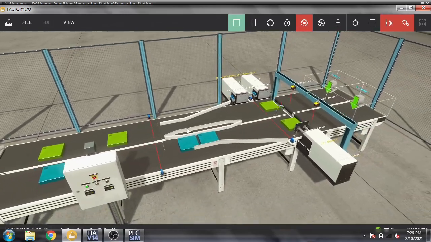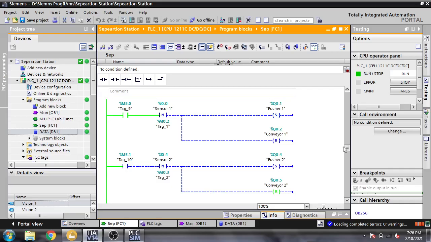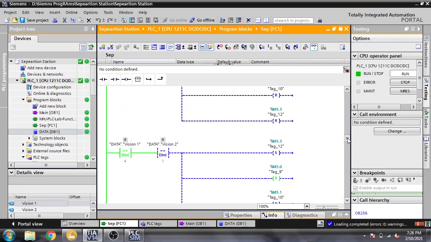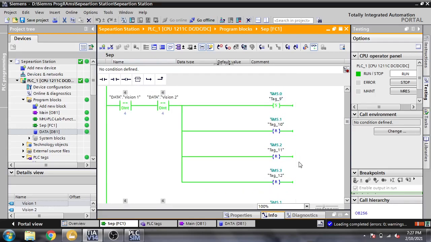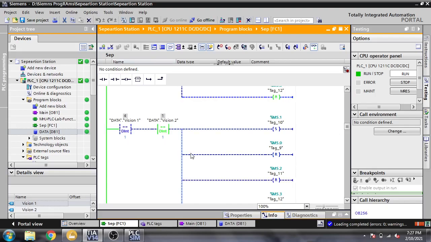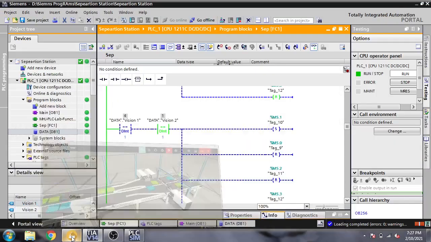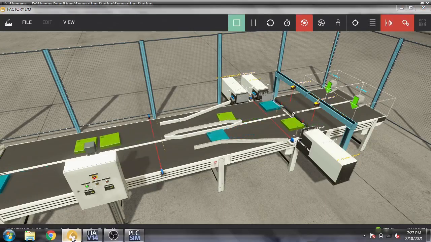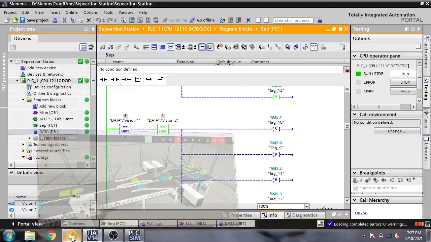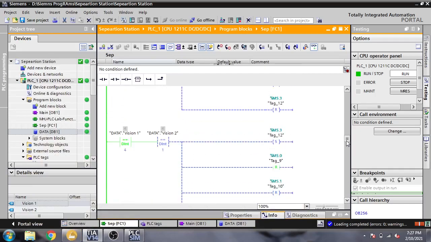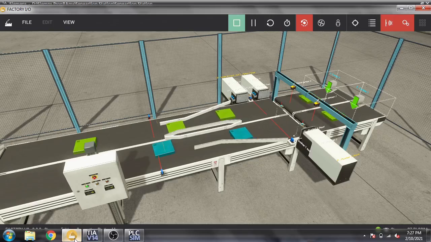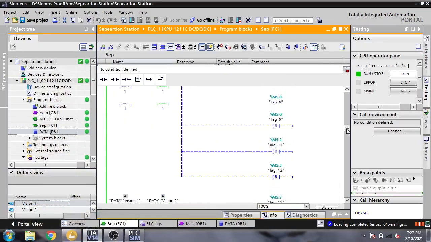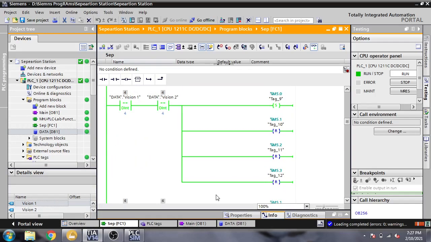I think from the top loop it is that. So you are going to see that both have a value of 4, means both have a green. So you will see M5.0 is going to turn on. If both have a blue one, it means the M5.3 is going to work. So you will see where is 5.3, here it is. So you will see both have a green one on the top and below, like that.